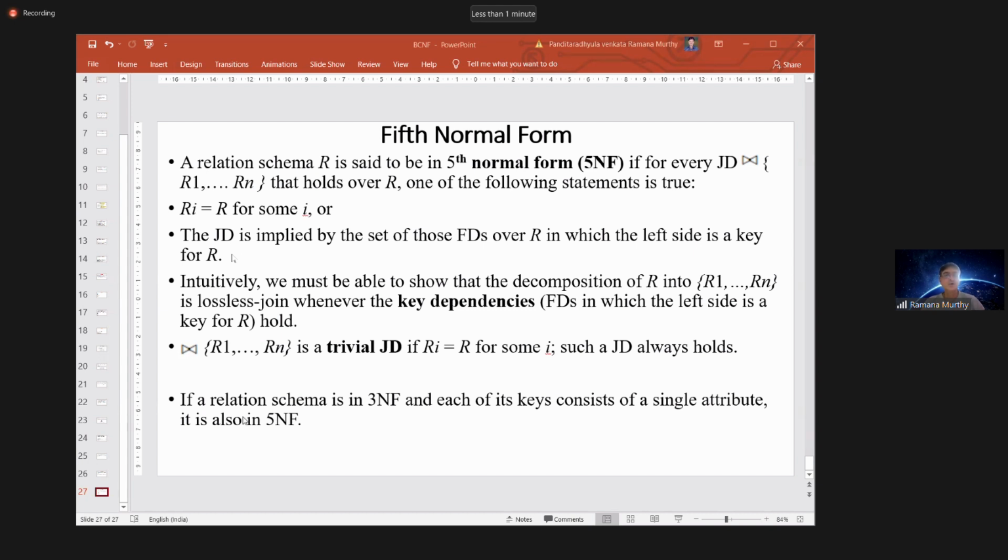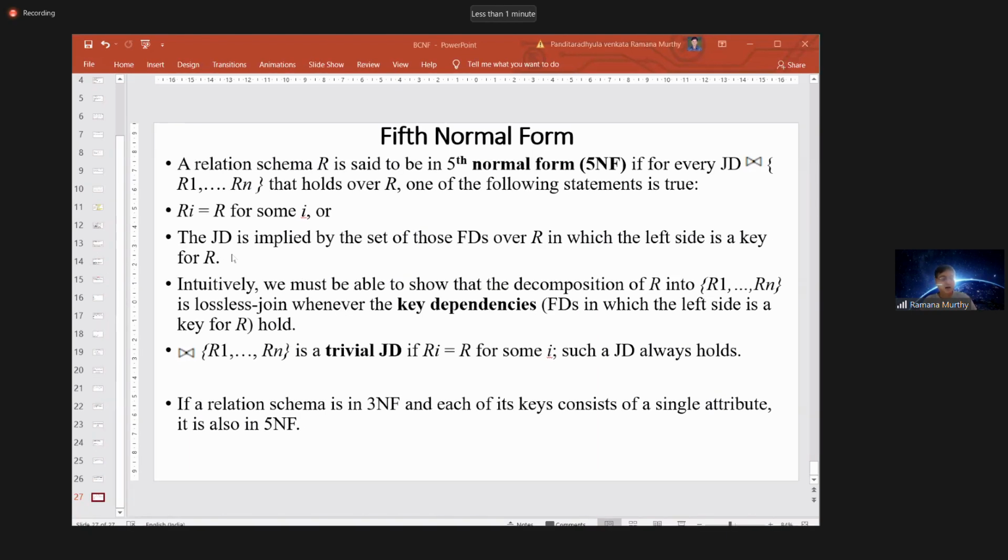So if a relation schema is in third normal form, each of the keys consists of a single attribute. If the relation is in third normal form, if the left hand side is always